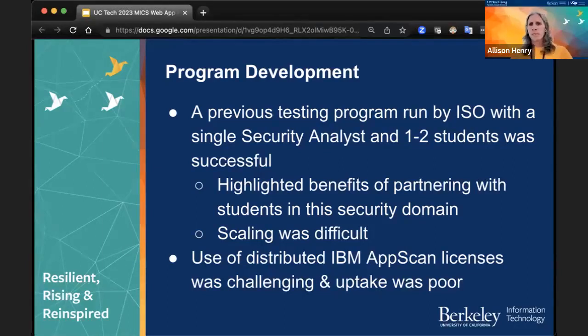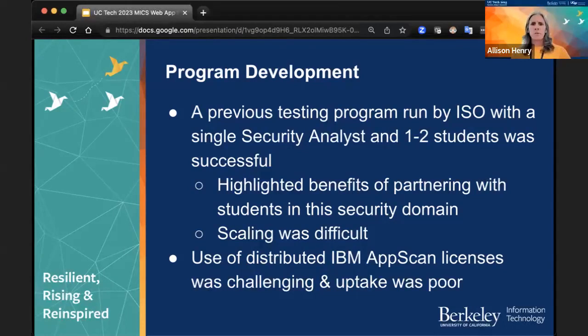We did get a couple of students that worked under a security analyst, and it did show they were able to find vulnerabilities that we were able to get fixed in our web application. The problem is that it was difficult to scale to the number of students that we'd need, and the amount of supervision those students would need to really reach all of our business applications at the level that we wanted. They require a lot of care and feeding. They're there to learn, so they have to be taught, and their work has to be checked. If the staff member is going to take the time for that, then it doesn't leave the resources that we need to get enough applications in the queue.